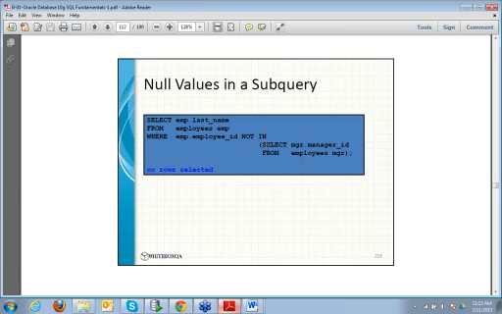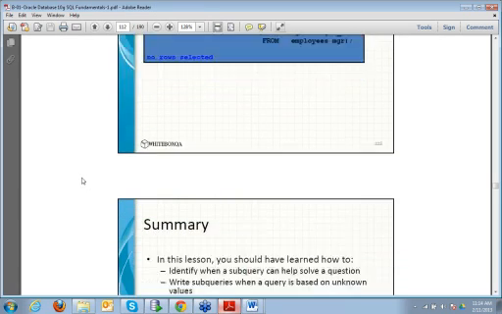So here if I say select manager ID from employees who doesn't have any manager, probably no rows would be selected. NOT IN means just the opposite. So it could be possible that your subquery is not producing any result, or it is producing a result but the condition is not satisfied. So anything can be used in subqueries.